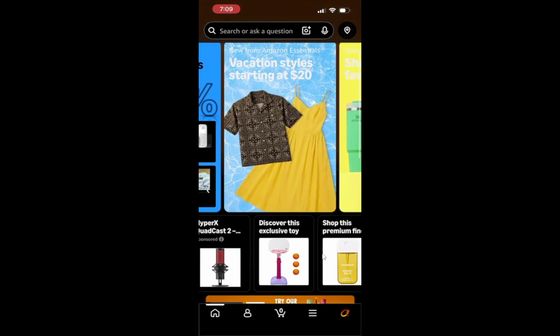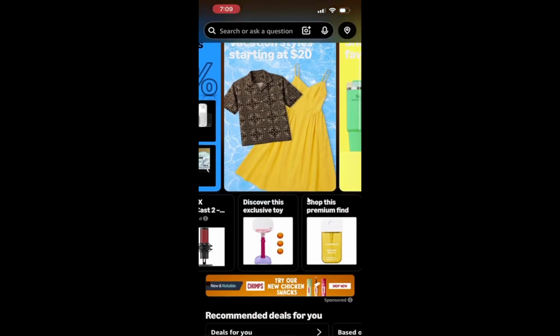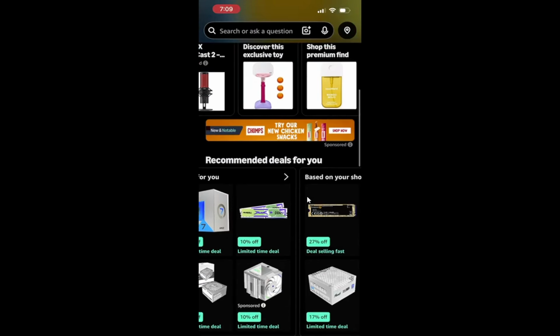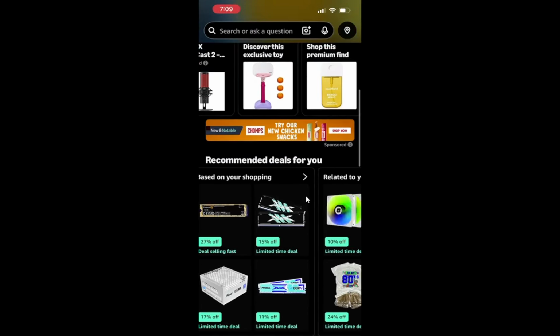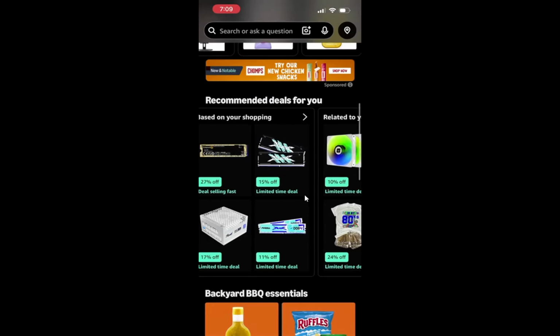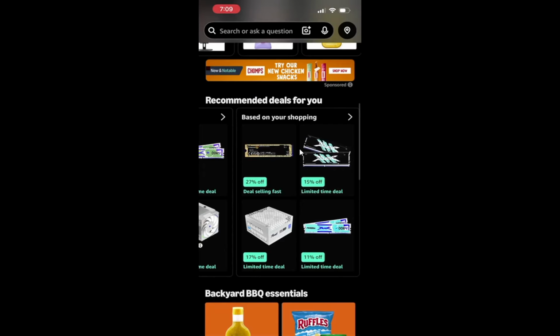Now, sign in to your Amazon account. If you are already signed in, the app will show your name near the top, or your recent browsing. If you are not signed in, you will see a prompt asking for your email address or mobile number and your password. After you enter your details and continue, the app will refresh and bring you back to the home screen, but now tailored to your account.